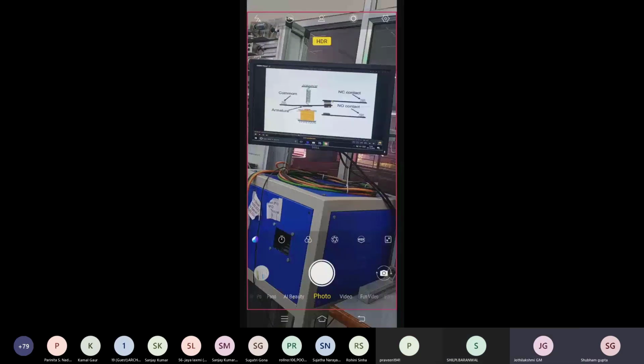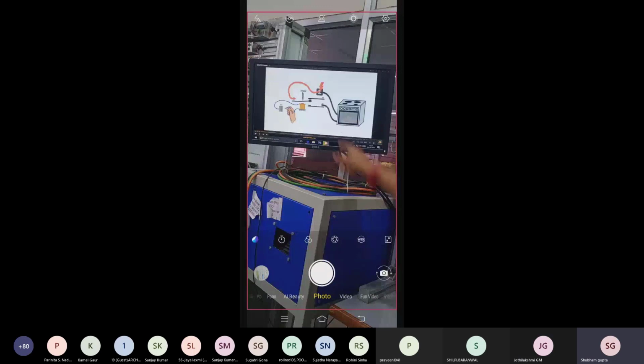When our coil terminal is not connected with the NC switch, it is not connected with the supply, and when we connect the coil's second terminal to the supply, our common contact is connected with the NO switch, which is connected with the supply. By this, we are using NO contact or NC contact.